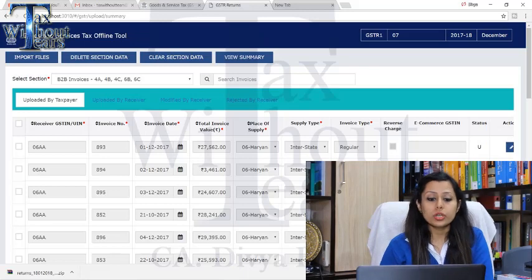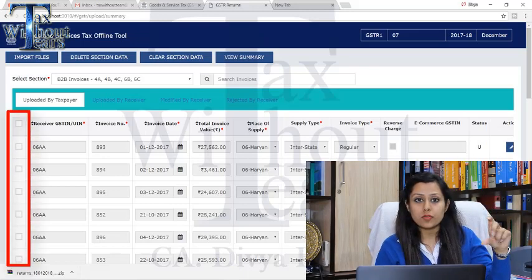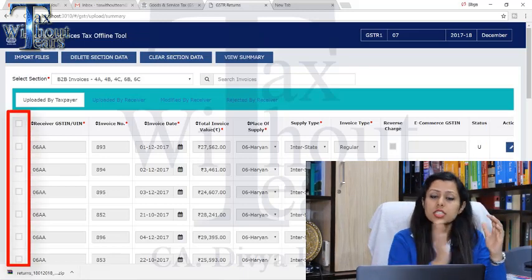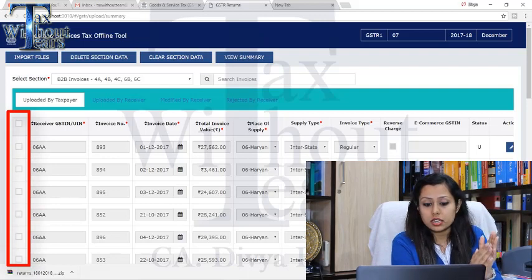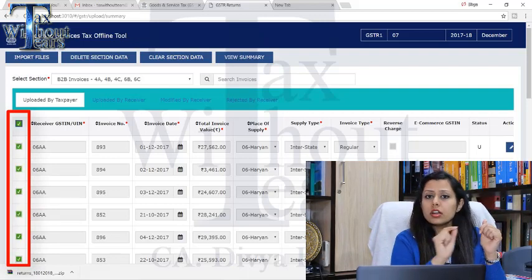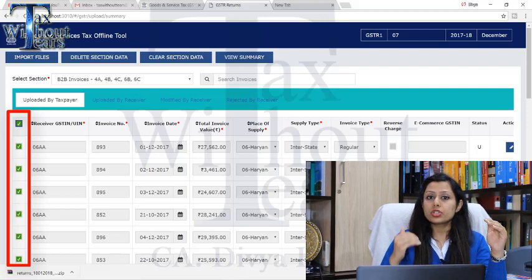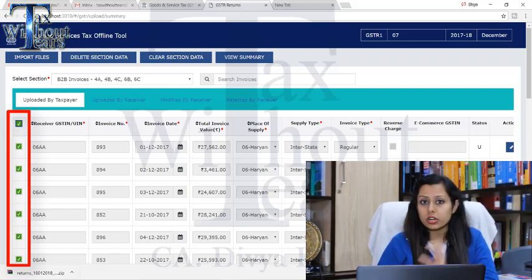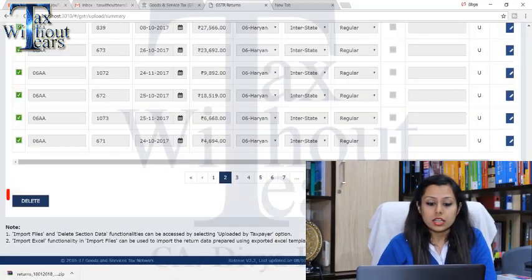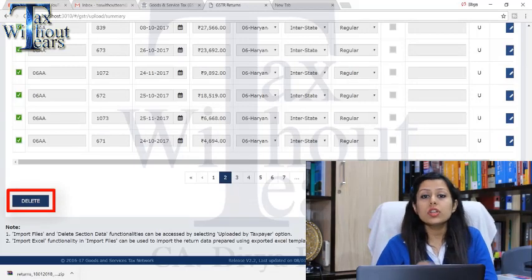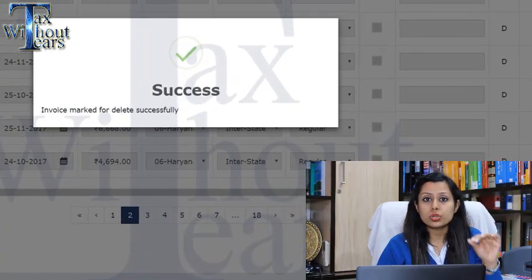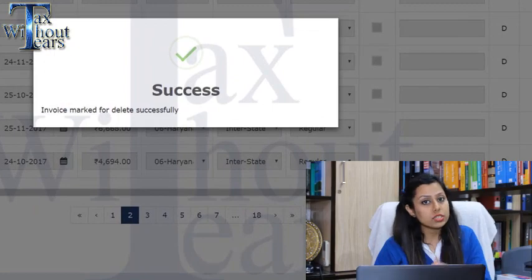Now what you can do is, from the left hand side you have a check box, just beside the receiver's GSTIN/UIN. Click on this, then all the entries showing on this page will be selected automatically, and then click on delete. This will show you a pop-up saying that all these entries have been deleted.